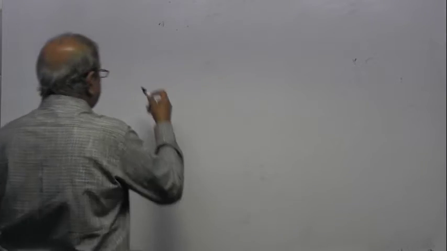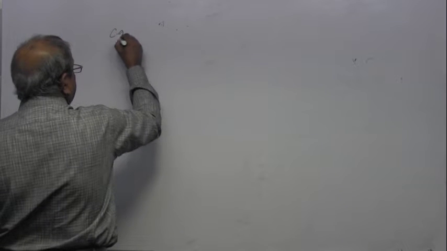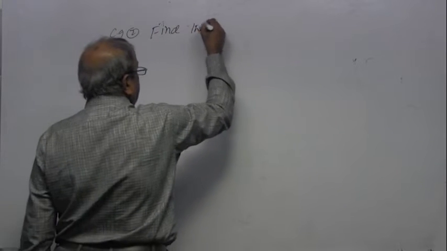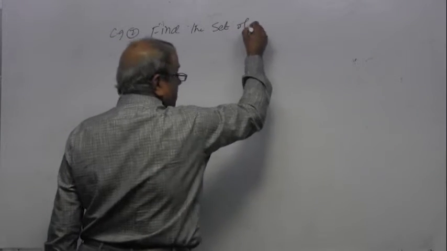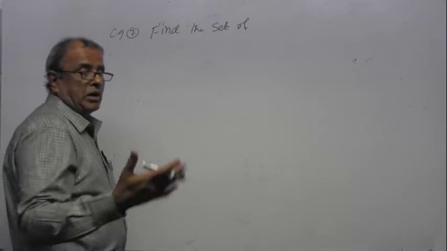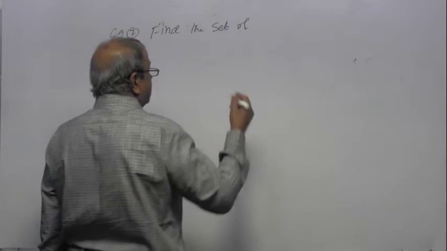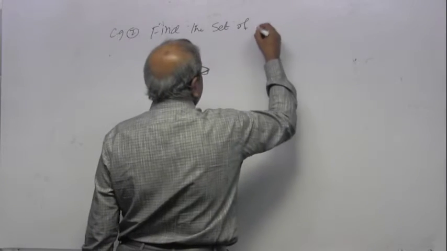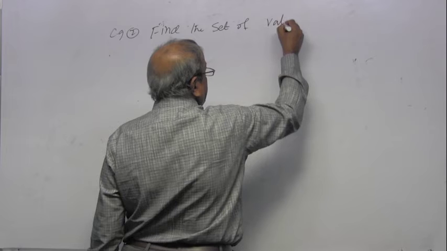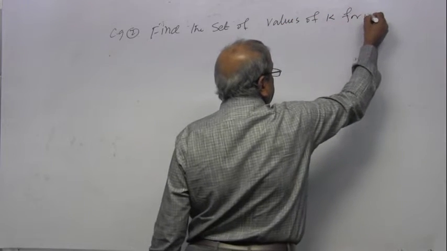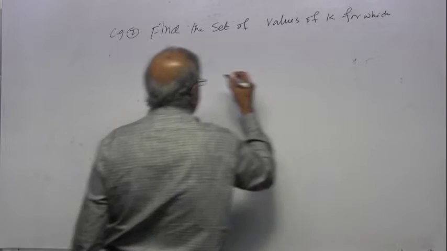The other example would be, after that, to make up all these examples: find the set of values of k. This is a typical AS level question. Sometimes now in your paper 1, since you have 2 A-level papers in pure math, it will come in one of them. Find the set of values of k for which the equation